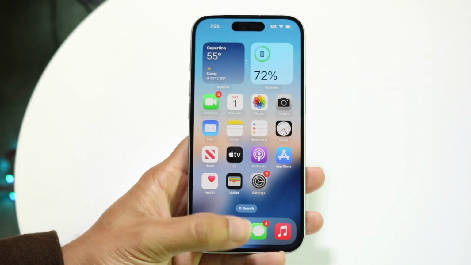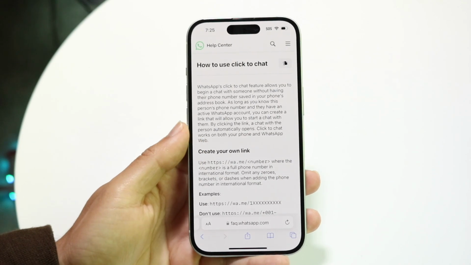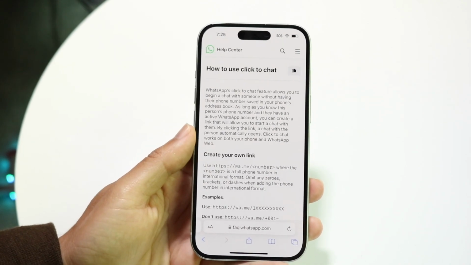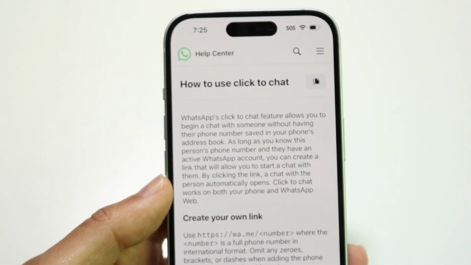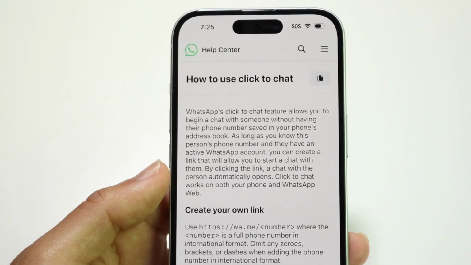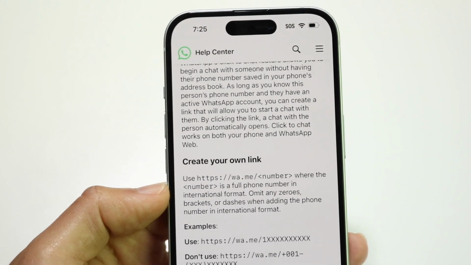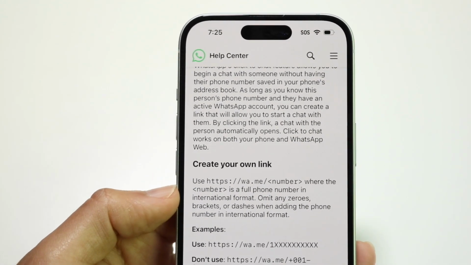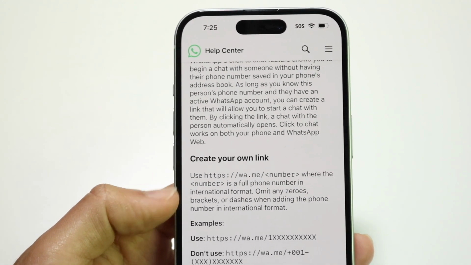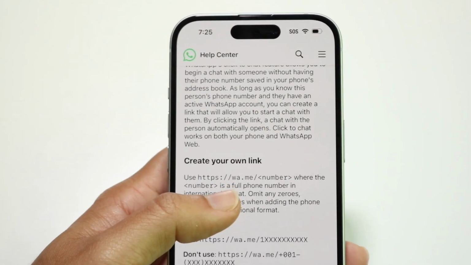Now, to do this, we can follow WhatsApp's own link guidelines on their page, which is their click to chat option. You can see right here that this describes how, in order to use this, you have to make sure it follows the following format. There's no way to register a link, but a link within WhatsApp basically uses this format. So we can do this: https://